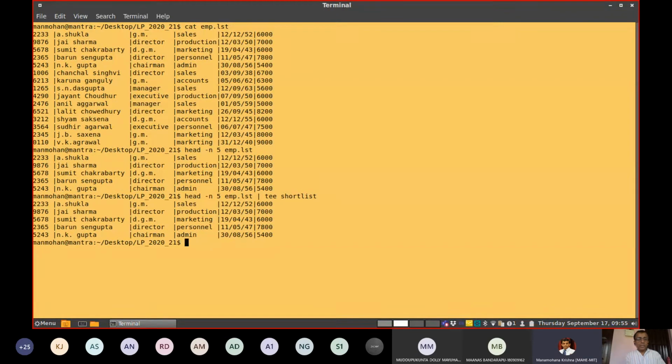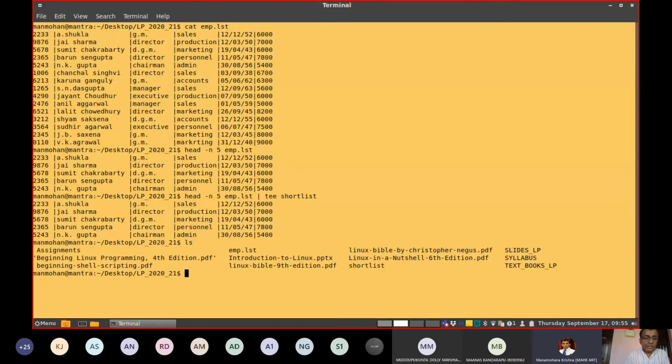See, as usual, one copy of the output is displayed in the monitor. Now, if you look into that directory, you can see that one more file is created here in the name of the shortlist. See at the last end here, one file is created here, shortlist. File called shortlist is created. This is the output of the previous command, one copy of the output.